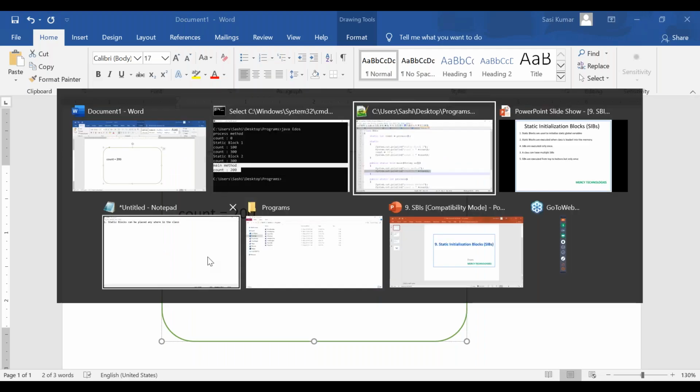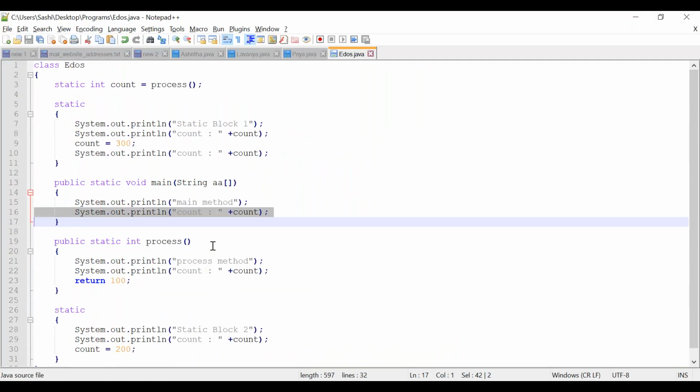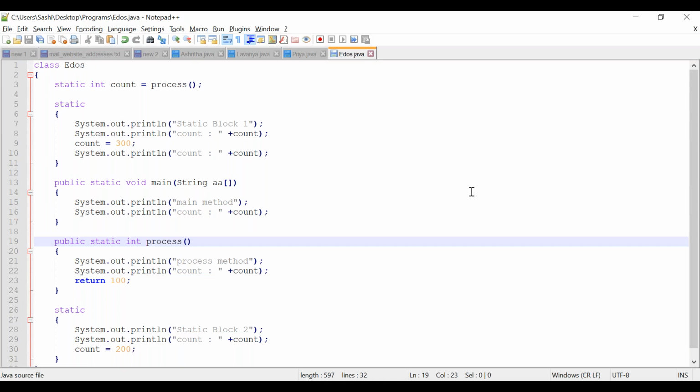It's very simple, right? We are trying to experiment with two things. One is the order of execution. Second is how a static global variable is getting affected. Correct, guys? Now I want to make it somewhat more complex. Shall we make it more complex? We can experiment with some more things.